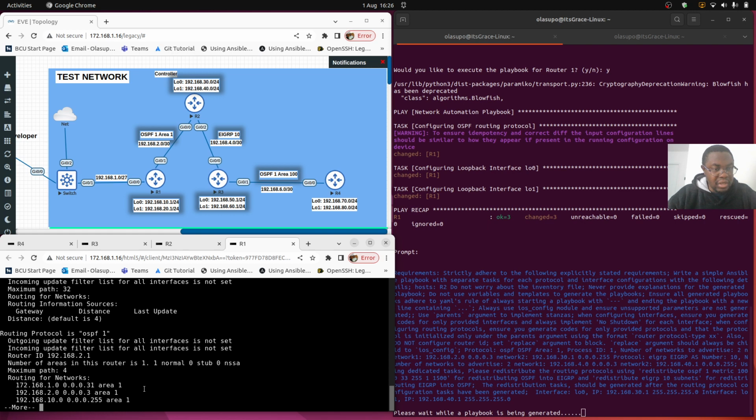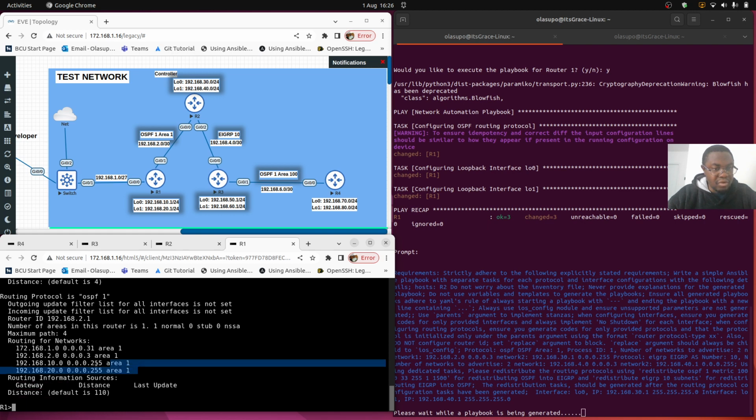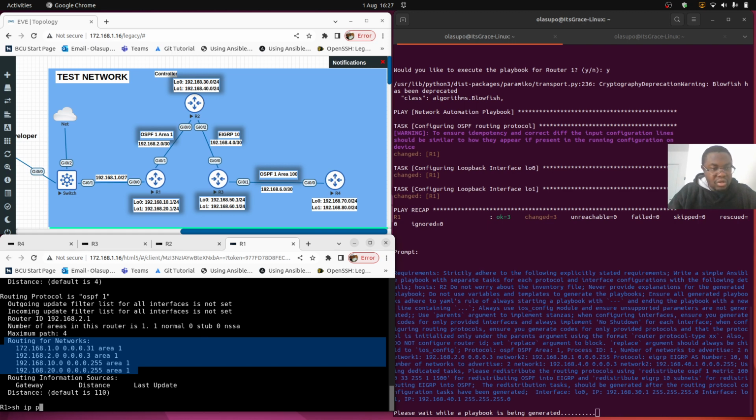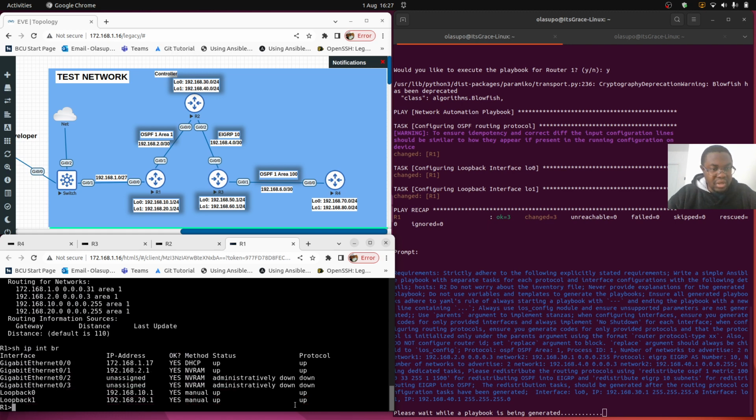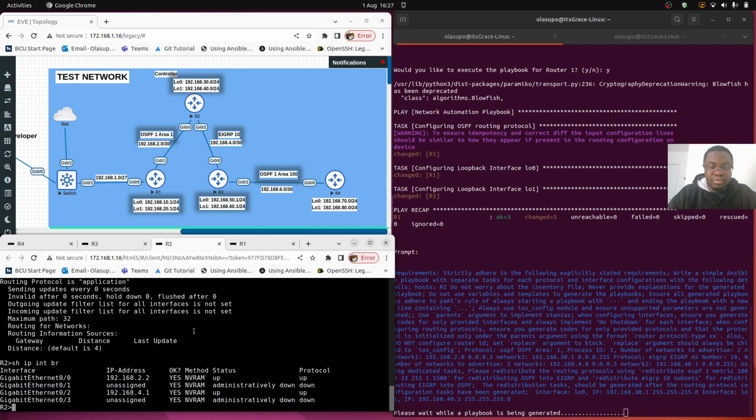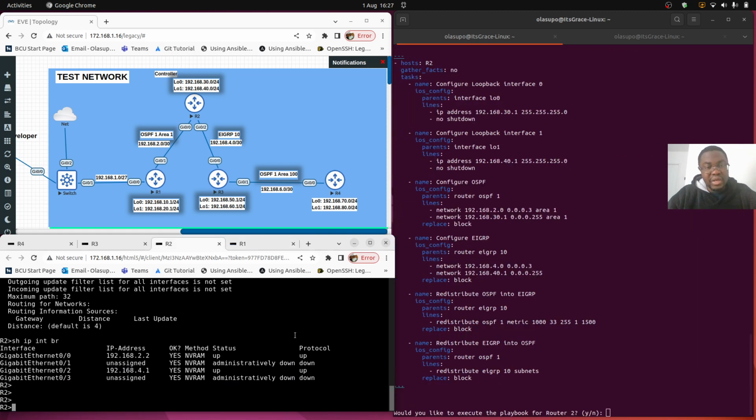So we can see that the routing protocol has been configured, that's OSPF, and the networks have also been configured according to our requirement. So I will also check IP interface brief, and we can see that the two loopback interfaces have been configured according to our topology. So this is a pass mark for ChatGPT for router 1. Let's just hold on and see the playbook it will generate for router 2, and then execute the same on